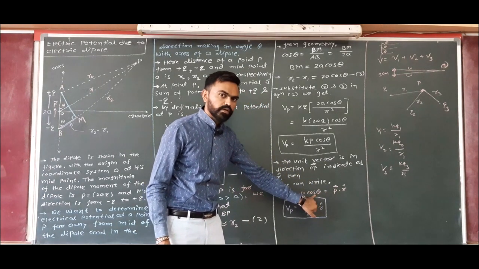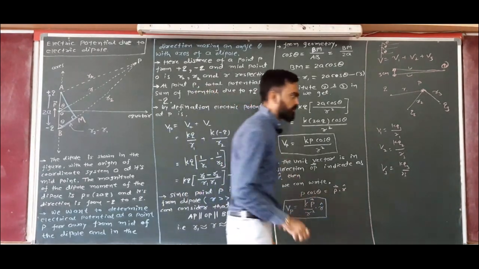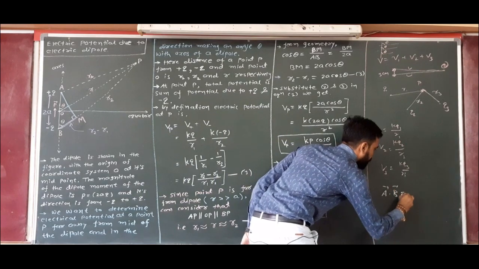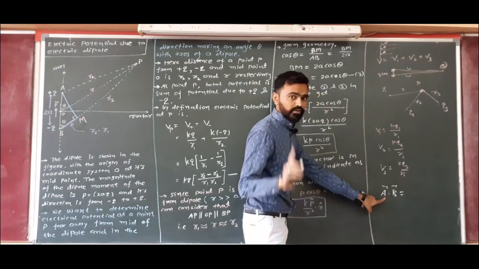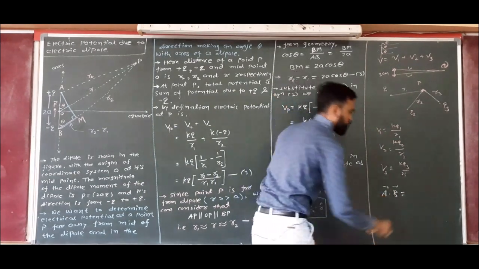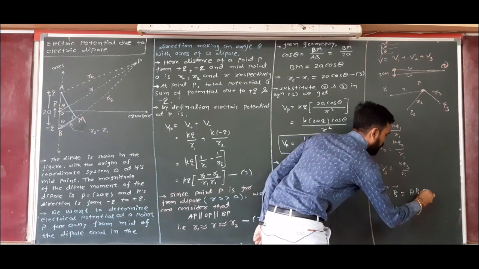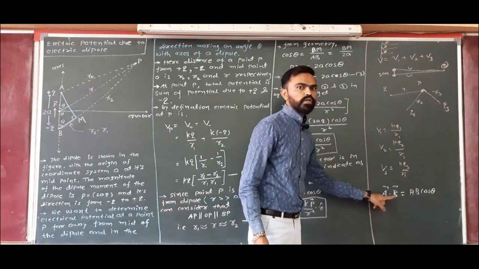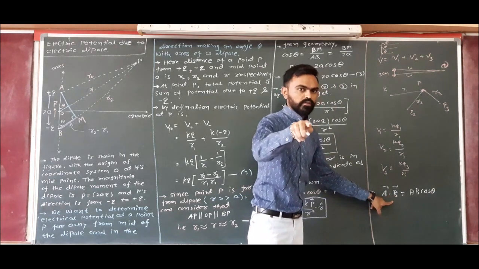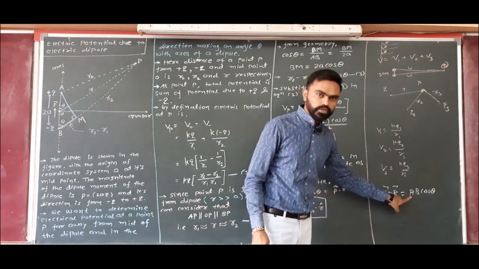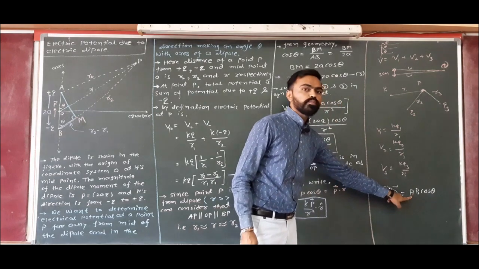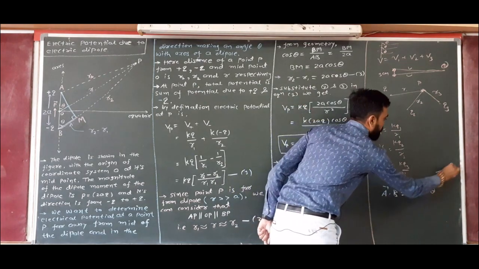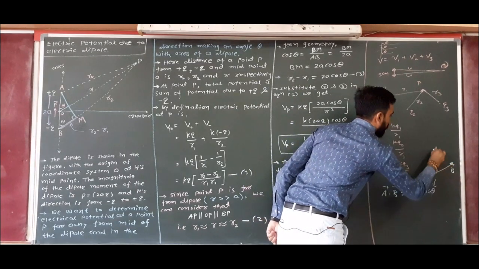Got it? But this occurs between two vectors like this. If we have vector A dot vector B, then what are we doing? AB cos theta. When you remove this dot product, A and B no longer remain vectors. We have to use their magnitudes. So magnitude of A, magnitude of B into cos theta, where theta is the angle between vector B and vector A.